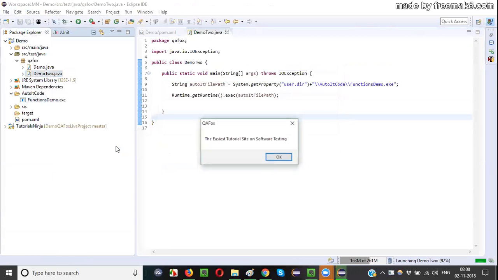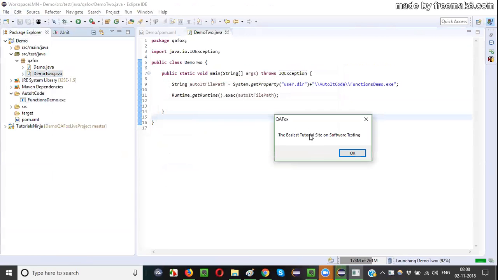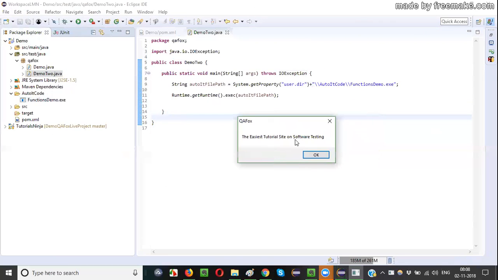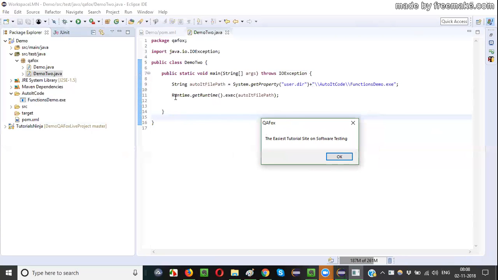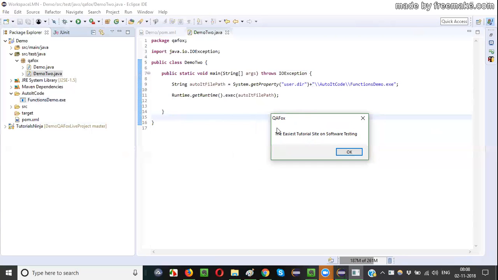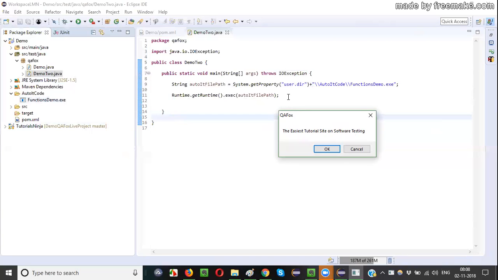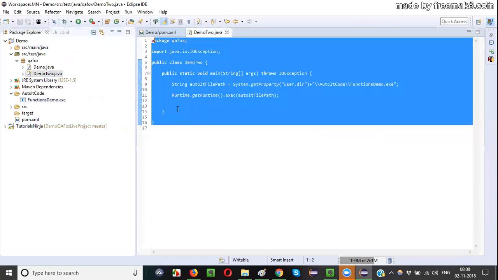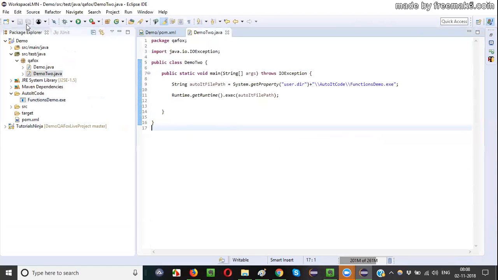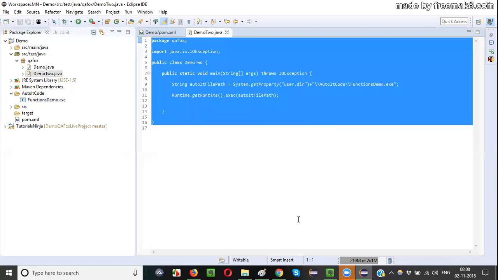Now run this program, right click, run as Java application. From Java, you got this dialog, guys. You didn't get this dialog in the SiteLite application, right? Instead, you got this dialog in the Eclipse IDE where your Java program is. When you run this Java program, you got this dialog because this Runtime.getRuntime().exec has executed this functions demo.exe and has resulted in displaying this dialog. Again, the second dialog will come because the script has two dialogs, flag 0 and flag 1 as mentioned. So you got these two dialogs. That's it, guys. This is how you can invoke the AutoIT scripts from the Java programs.